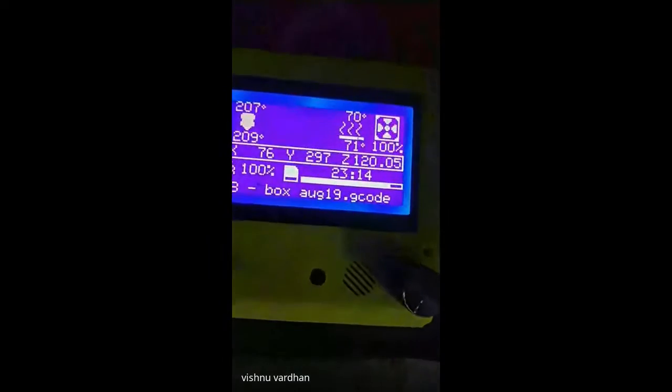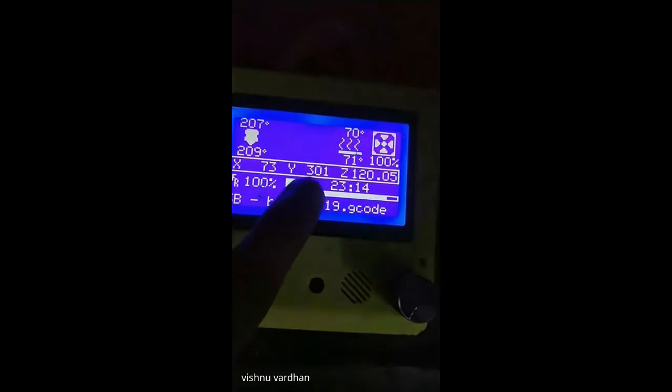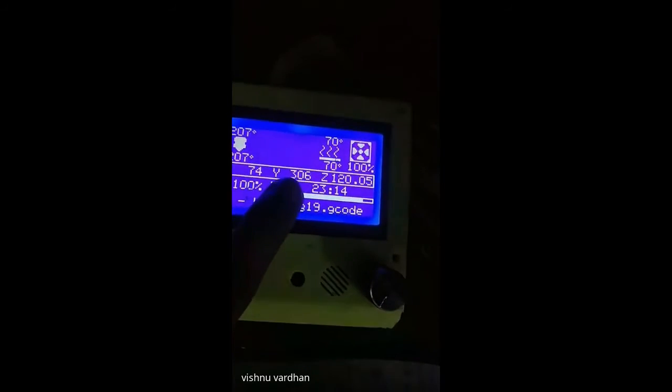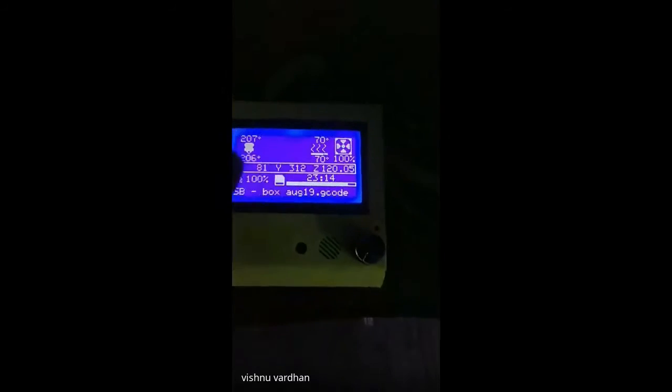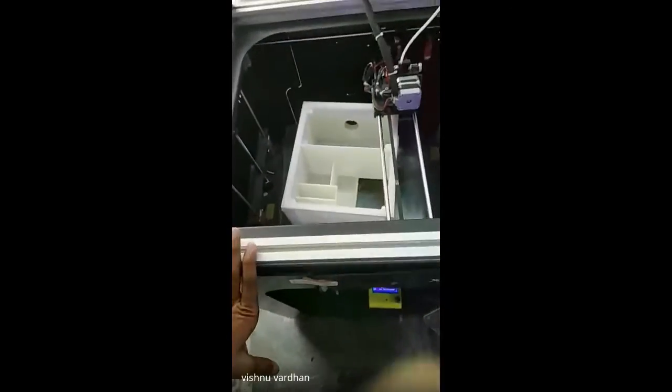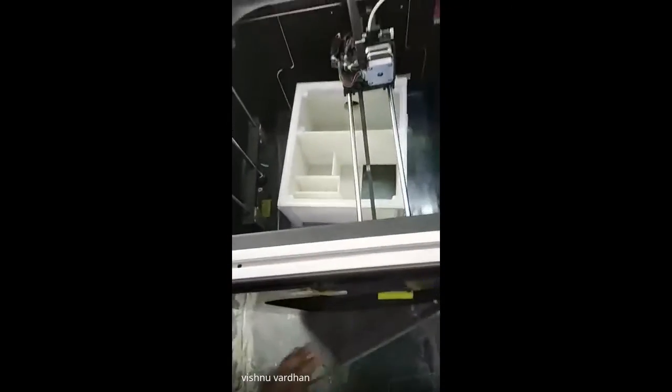It's going on from the last one day. If you can see here, the printing time is 23 hours 14 minutes. From the last 23 hours the print is going on. So we can print around 2 to 3 days jobs also in a 3D printer.